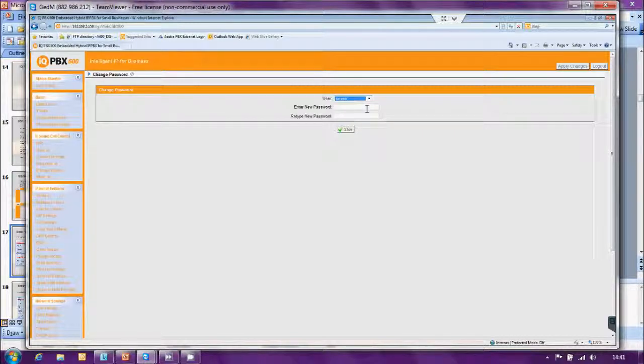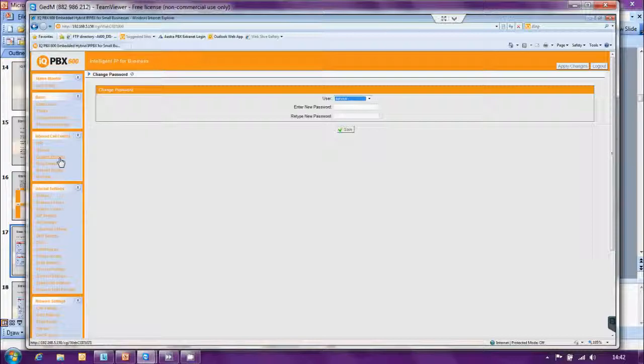Make them secure passwords. They can be a mixture of characters, numbers, capitals and lowercase. Save and apply changes, and when you apply changes, this writes it into the system fully. Okay, password changes completed. Our next section in logical order for setup would be prompts, custom prompts, music on hold